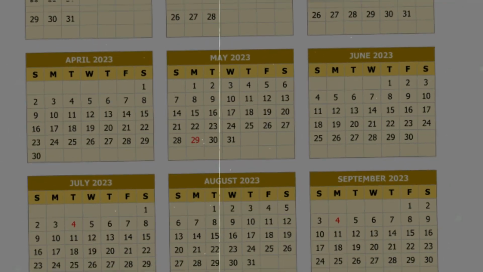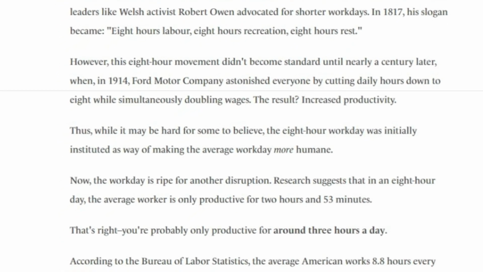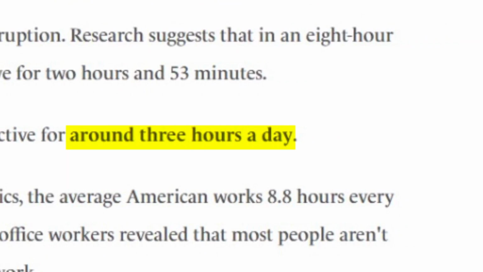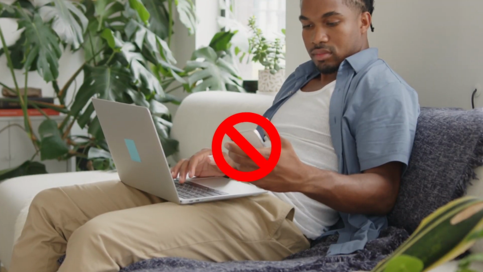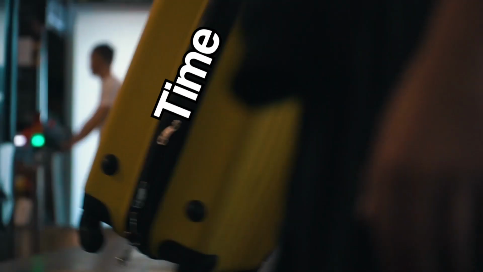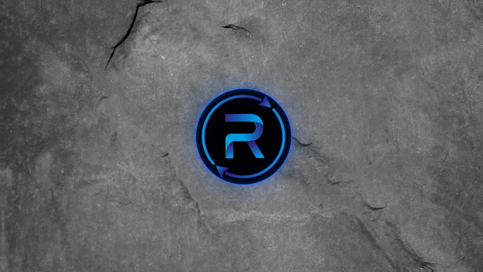and most of 2023, I felt like the year was just slipping through my fingers, especially with the average amount of focused work being only about 3 hours per day. But then I found Rize, an app that uses AI to automatically track your time and block distractions. So, if you want to reclaim your time and achieve more in 2024, let's dive into the key features of